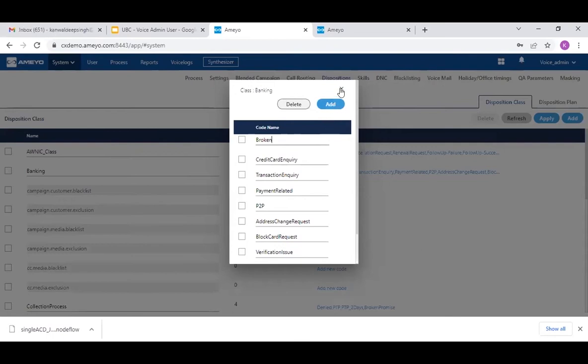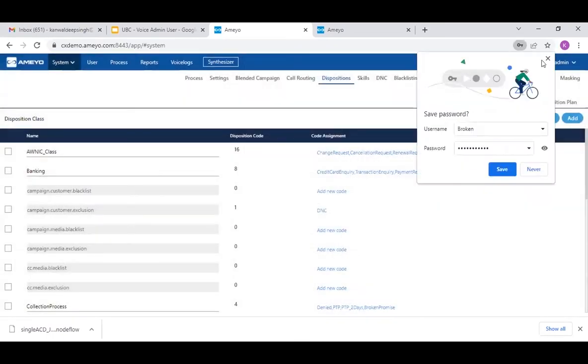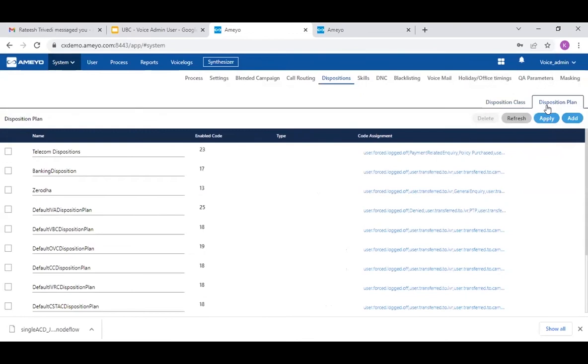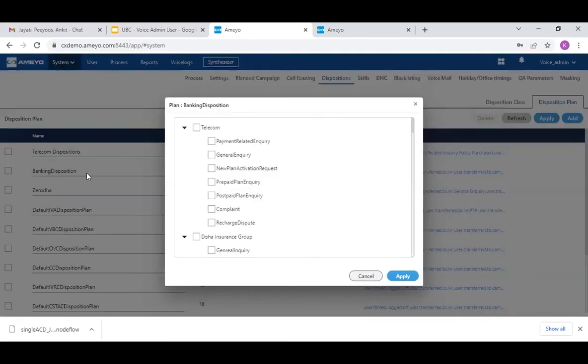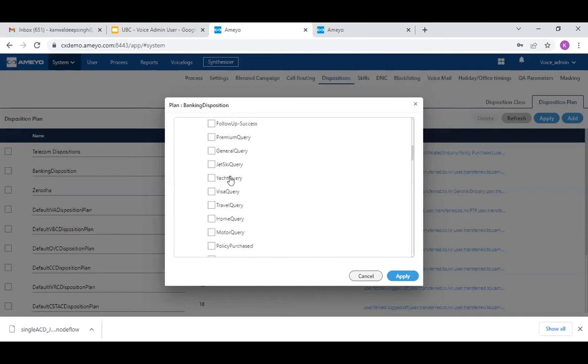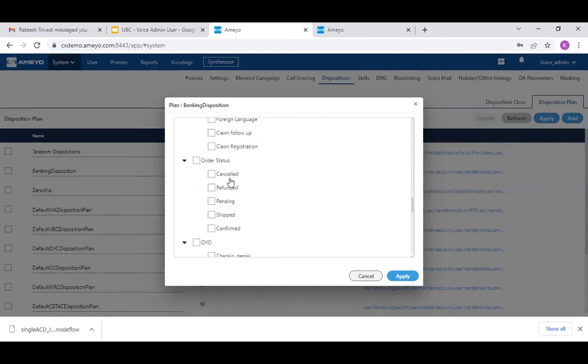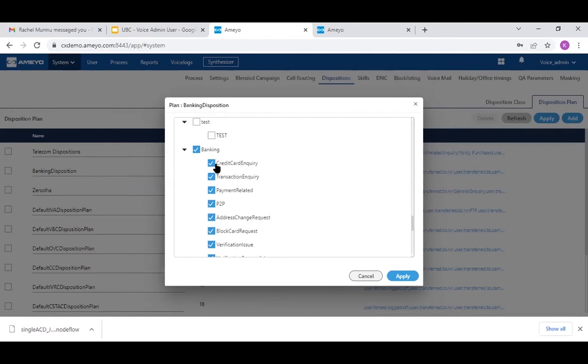Once you have added those particular dispositions, you will come to the disposition plan. There might be a scenario where, under this banking class, these are already the dispositions of banking which you have selected, but your agents are also working for the sales process or another process.